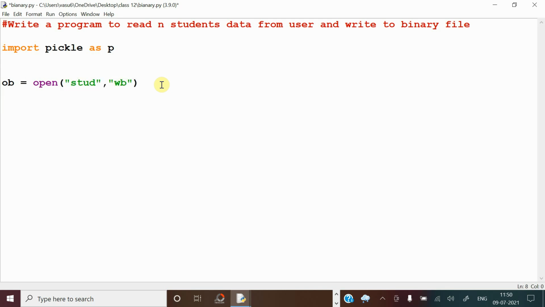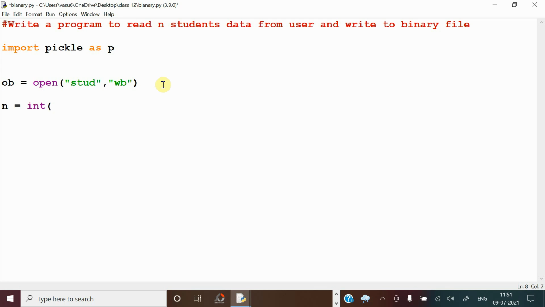Now, the point is that you have to read n students' data, where the student data may contain student name, age and marks. Assume that I am taking these three things as a single unit. For this you can go for the dictionary, meaning for one student you can take one dictionary element, so it will be easier. Now first you have to decide for how many students you are going to read data.